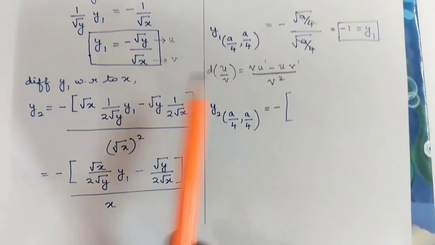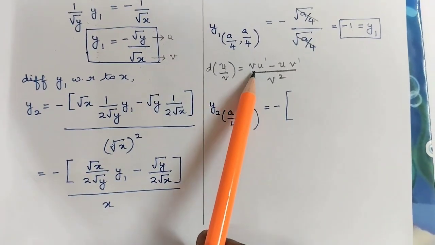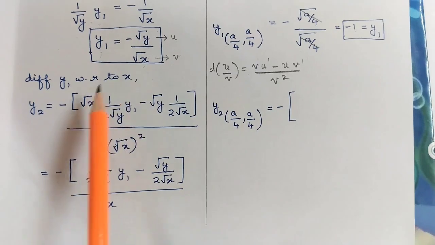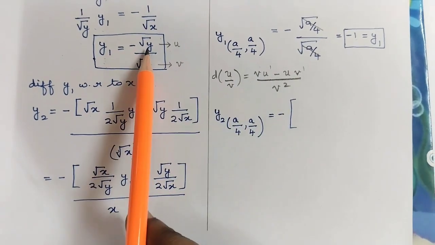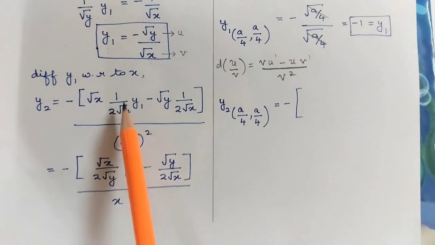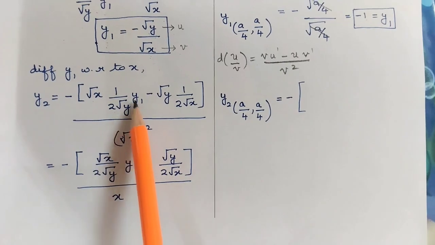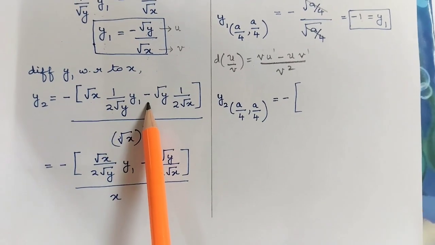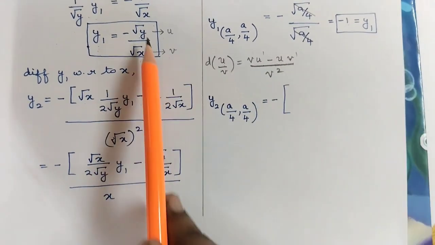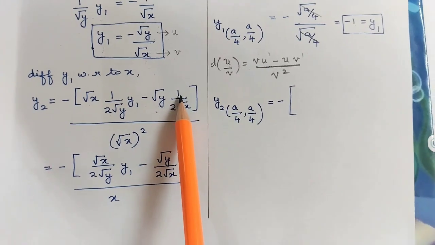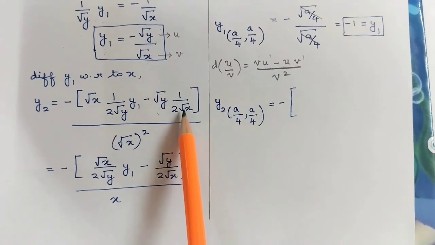I'm going to differentiate. So v u dash: v is root x, u dash is root y, when you differentiate you will have 1 by 2 root y y1 minus u, so u is root y into v dash, which is 1 by 2 root